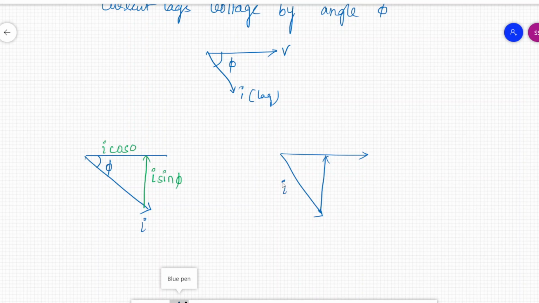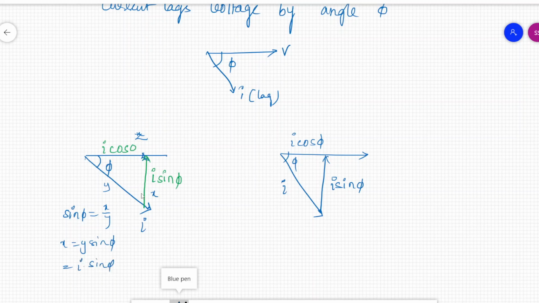Initially it was I sin phi and I cos phi. So I can be resolved into sin phi and cos phi. I hope you know this. The I vector can be resolved into sin phi and cos phi components using the angle phi. If we apply sin phi here, that will be the opposite side. If we consider this as x, this as y, and this as z, sin phi will be x by y, so x is equal to y sin phi. What is y here? Y is nothing but I into sin phi.